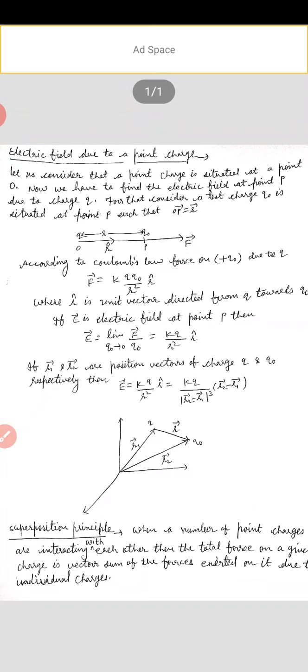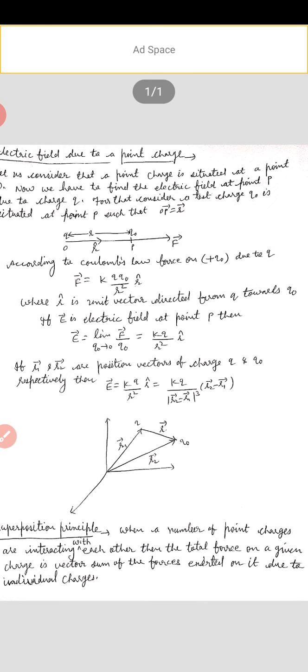Now, according to Coulomb's law, force on test charge Q naught due to Q is given by F is equal to KQ into Q naught divided by R square R cap. And here R cap is unit vector directed from charge Q towards Q naught,